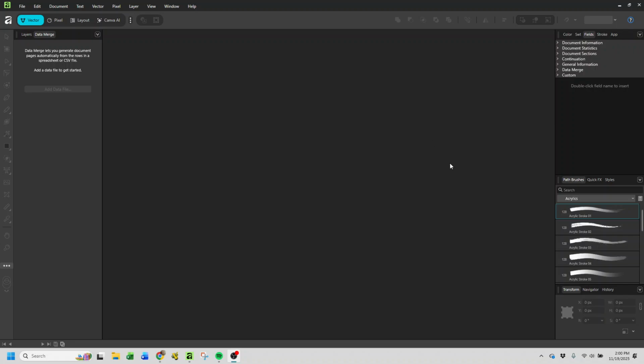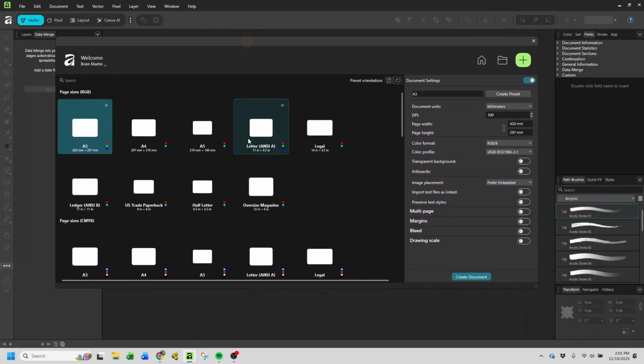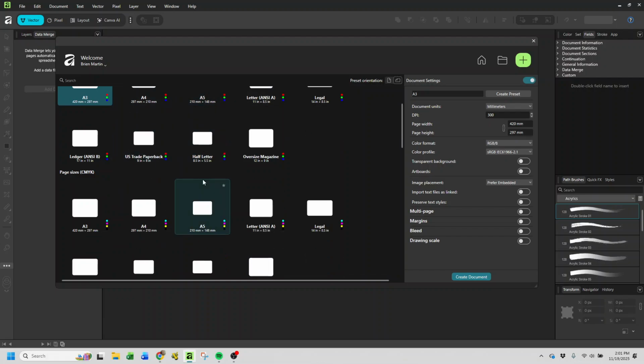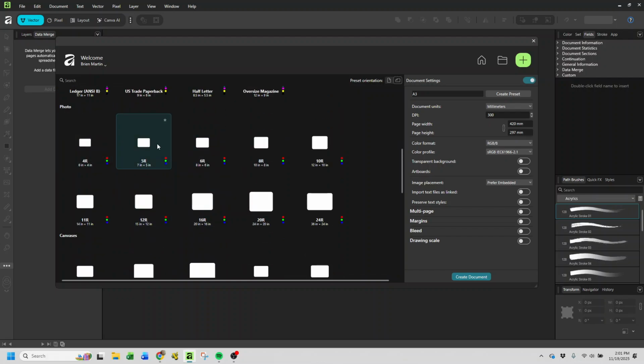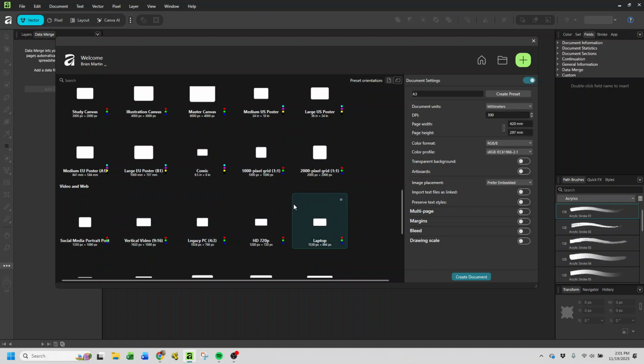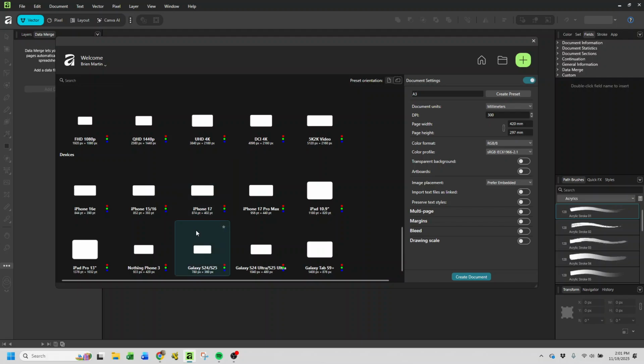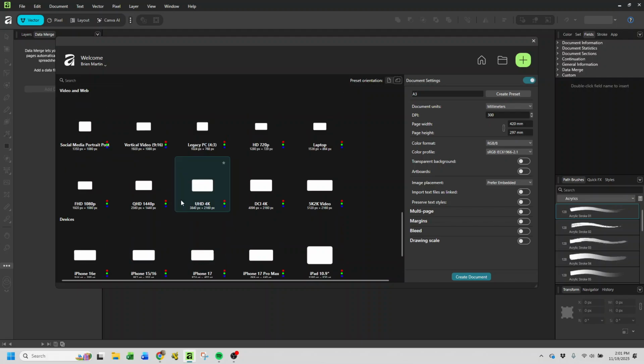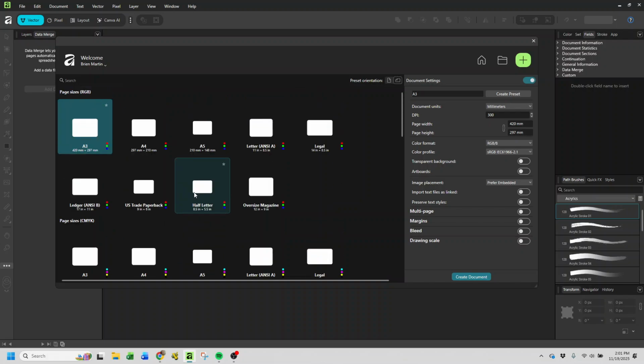So let's begin at the beginning where any good story starts, and you're going to need to give yourself a canvas. So the first thing you need to do is say File, New. It's going to bring up a window for you, which I'll drag over here, giving you all the different sizes of paper and all the different types of photo papers, different canvases in terms of what you might use for artwork, video and web formats, different devices if you want to do this on an iPhone or such. If you're building a website or web display, but we're going to focus on just page sizes. You'll pick letter,